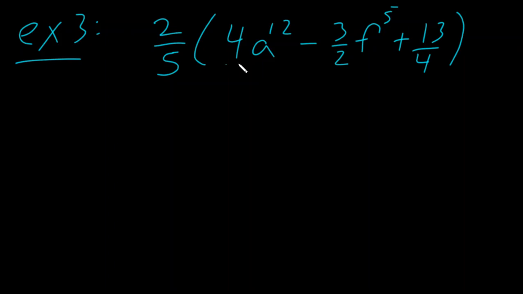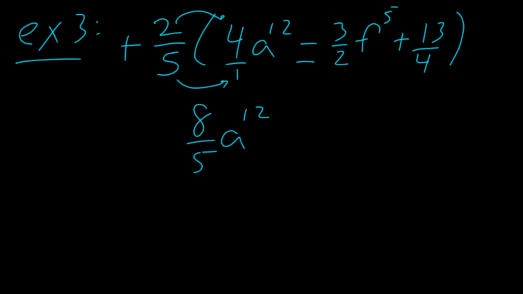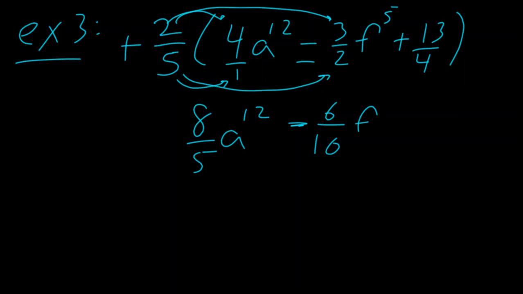Now notice this 4 must become a fraction, 4 over 1. And when I do top times top, I have 2 times 4, which would be 8 over 5 times 1, 5a to the 12th. Here we have a positive times a negative, so that would be a negative. And of course, 2 times 3 is 6 over 5 times 2 is 10f to the 5th plus,